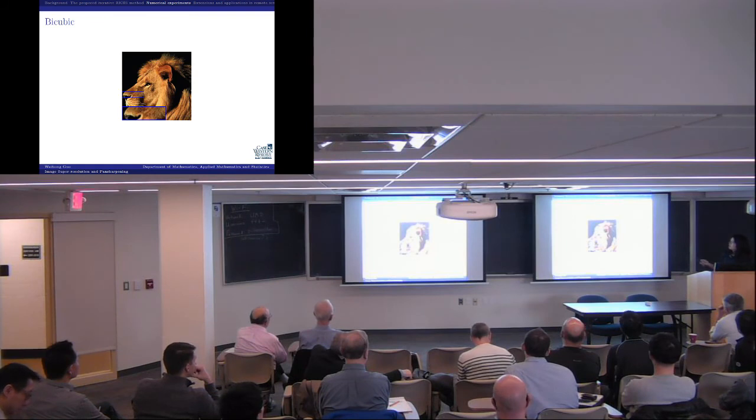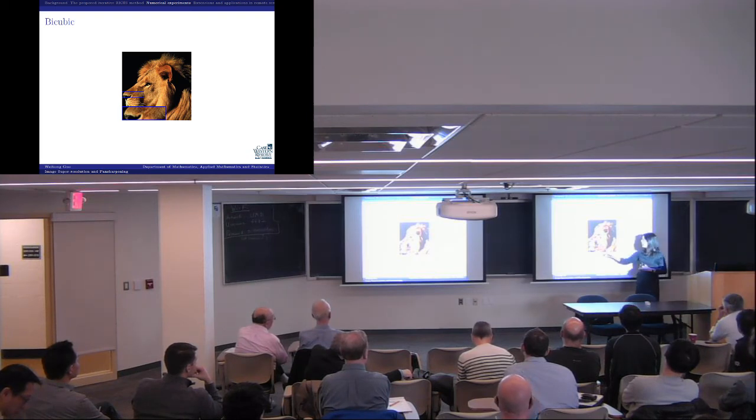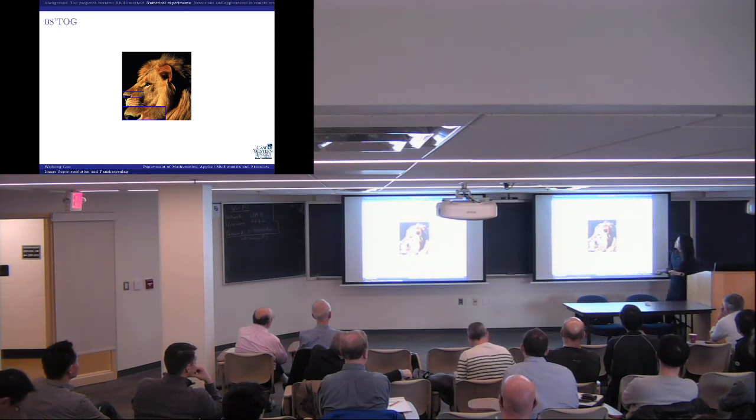So we have a low resolution image. If you do bicubic interpolation, this is what you get. Okay, bicubic interpolation ends up with something kind of over smoothed. You don't see the features, the sharpness very well. This is the TOG work. Again, it's kind of over smoothed.